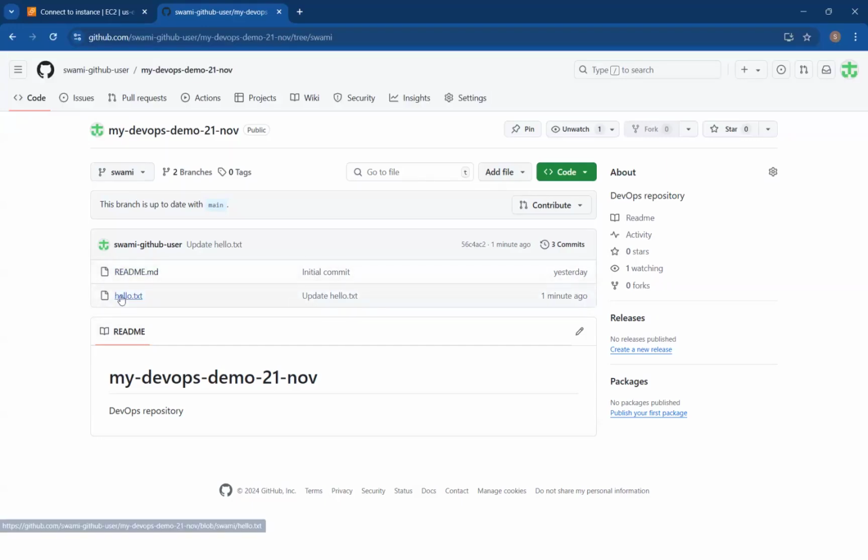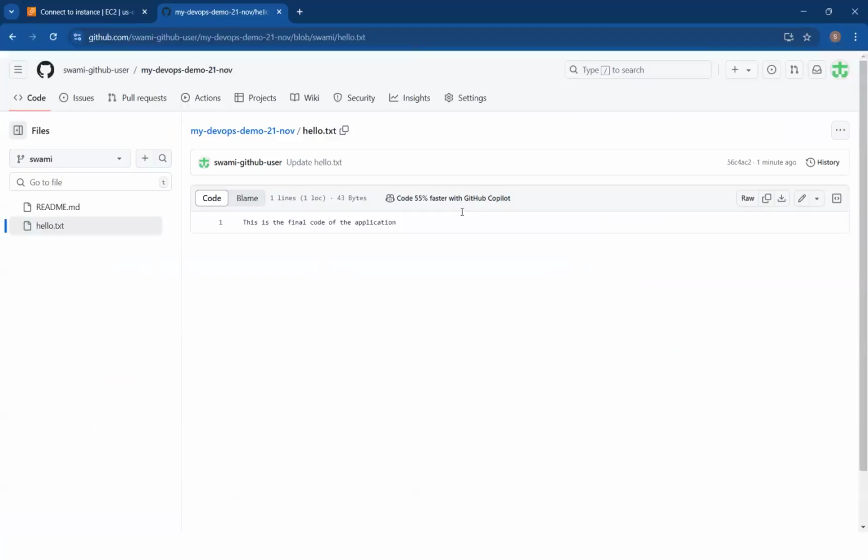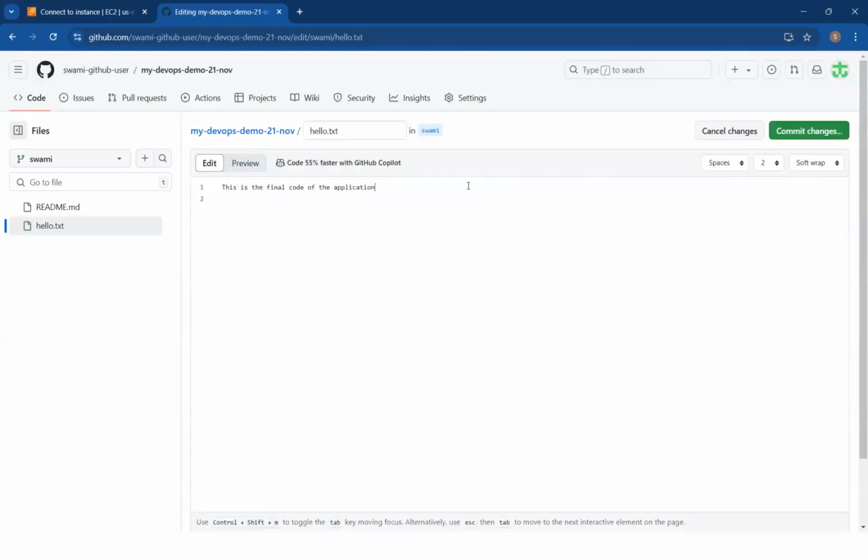Now I'm going to go to hello.txt and make some modifications in the code. I'll say I want to edit this code, and I'll modify something here. For example, I'll write: this is the feature update for our application as done by Swami S. Let's assume it could have been code; I've just not put that intentionally.